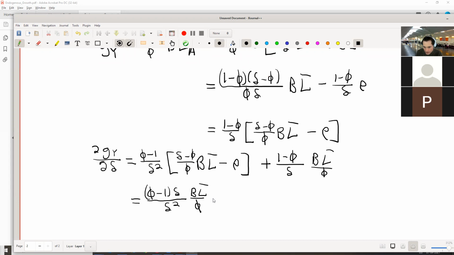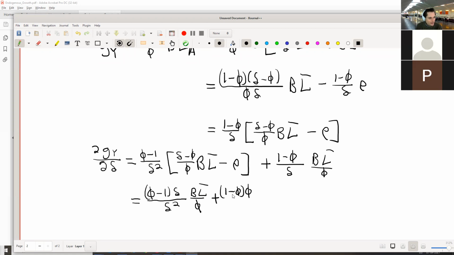Then here we're going to have a plus 1 minus phi times phi divided by phi, delta squared. Is that right? 1 minus phi times phi. Yes. Times BL bar divided by phi